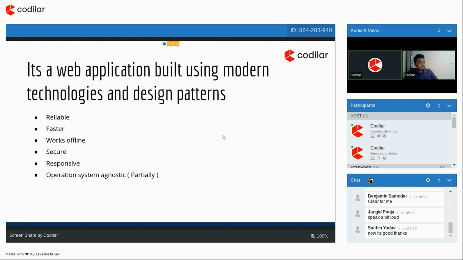So let's understand what is PWA. It is a web application built using modern technologies and design patterns. In general, it's a normal website, but with more advanced features. The website built using these technologies is much more reliable and faster, and it also works offline,